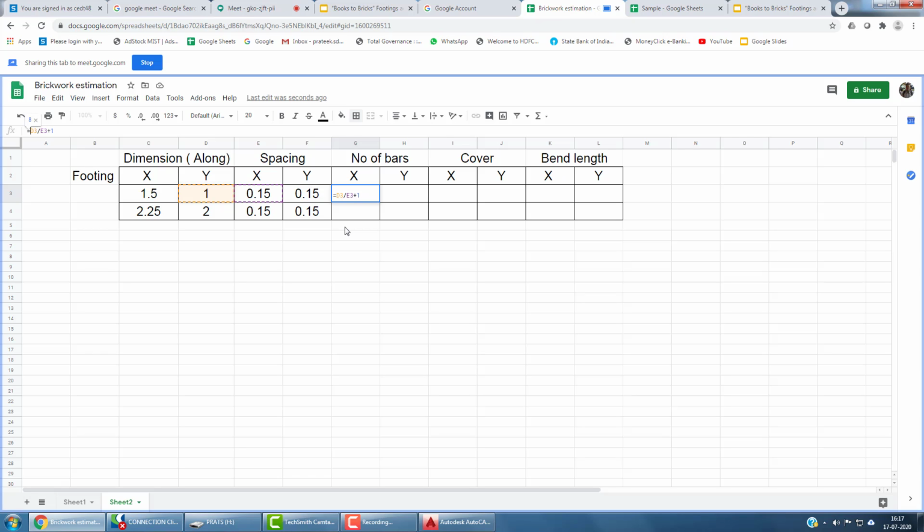What I will do is, instead of manually entering, I will give the option here to enter the cover. You can change the cover if you want. So x direction and y direction, if you want, you can change the cover. So in this, what we'll do is D3. Since D3 is in meter, I have to convert this cover in terms of meter, or else we'll just enter it in meter itself.